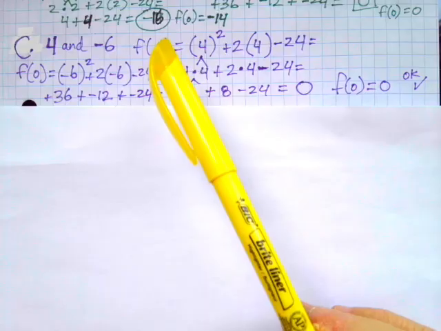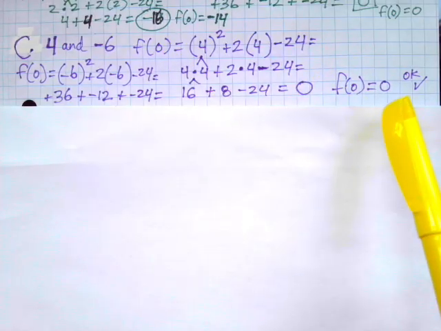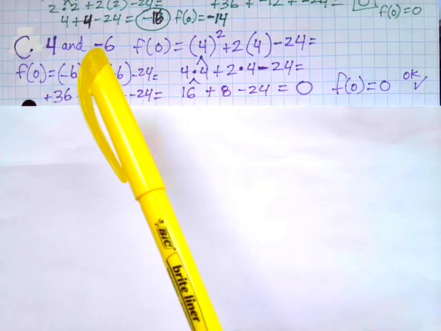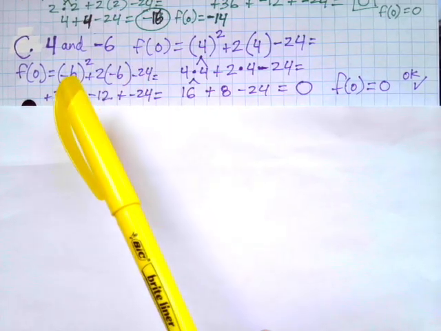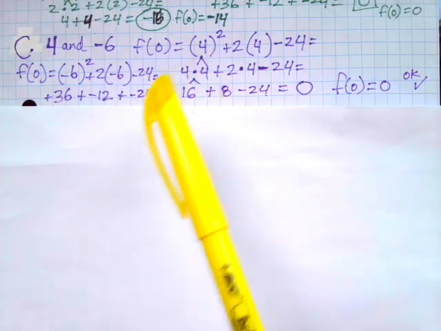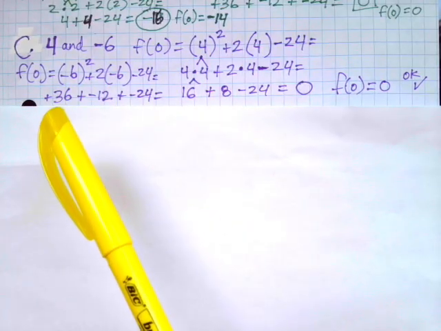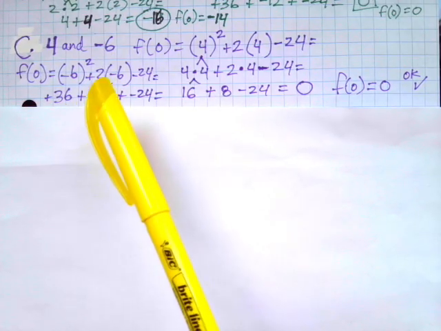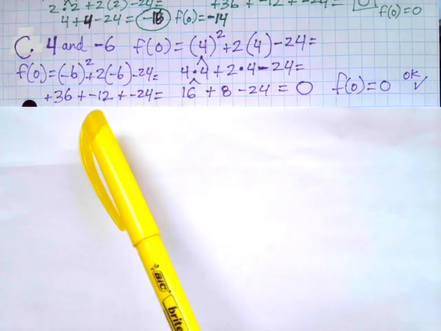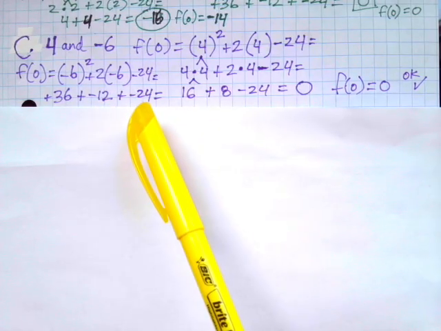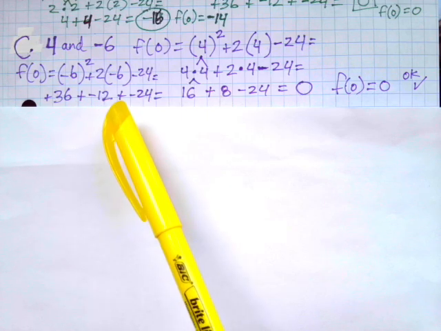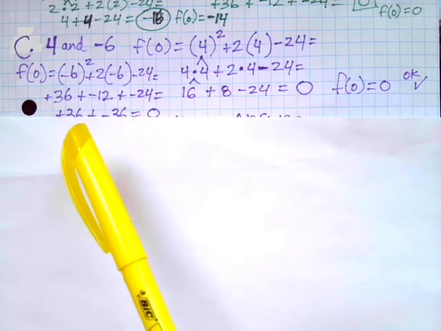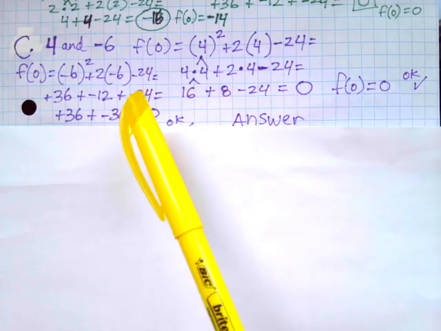Does f of 0 equal 0? Yes, that checks out. Now I have to do the other number, negative 6, the other option. So I'm going to substitute negative 6 everywhere there's an x value. Negative 6 squared is negative 6 times negative 6, which is a positive 36. 2 times a negative 6 is a negative 12. I'm going to bring down that negative 24. Negative 12 plus a negative 24 is